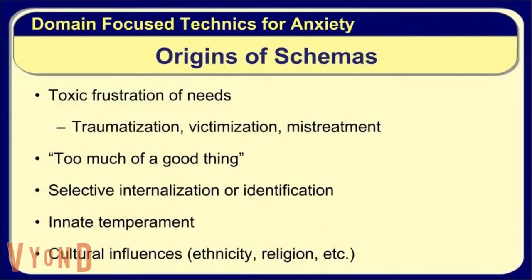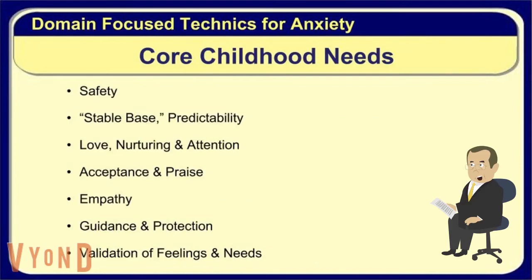Schemas are developed with the toxic frustration of psychological needs by traumatization, victimization and mistreatment. Sometimes too much of these needs can cause the schema. Selective internalization or identification are other origins. Personally, innate temperament looks like the strongest root for schemas, but I don't have evidence yet. Also, cultural influences are effective on the development of the schemas. Core needs of childhood are safety, a stable and predictable base, love, nurturing, attention, acceptance, praise, empathy, guidance, protection, and validation